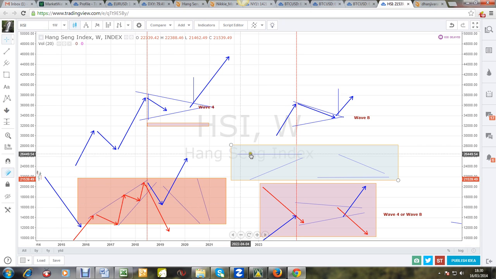Then you have what you call a right angle triangle, which usually breaks out to the upside, or this declining right angle triangle, which usually breaks out to the downside. However, if you see a symmetrical triangle like the ones we showed here, that particular type of triangle only happens in two places: wave 4, which is the last congestion before the final leg, or wave B, also the last congestion